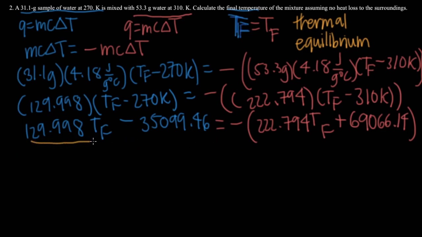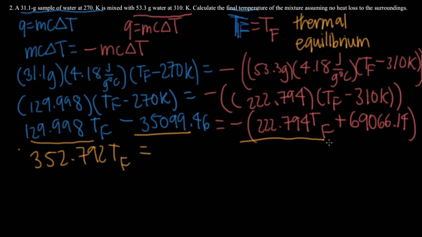So now all that's left to do is combine like terms. So we're going to bring all the final temperatures to this side. We can do that by adding 222.794 to 129.998. And that is 352.792 TF equals, and now we have to combine like terms on the other side of the equation. We can do this by adding 69,066.14 and 35,099.46. And that gives us